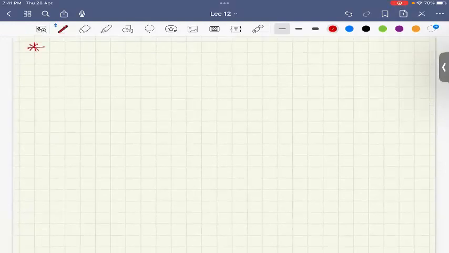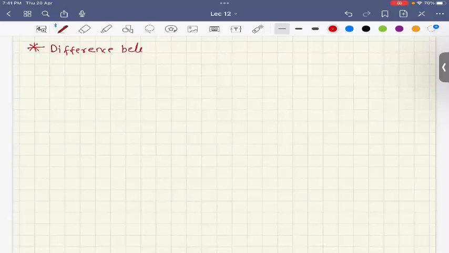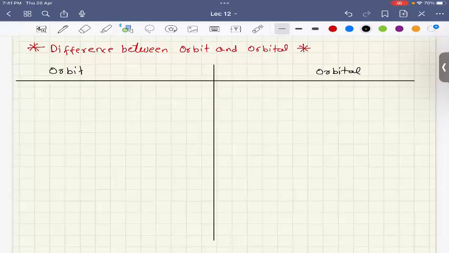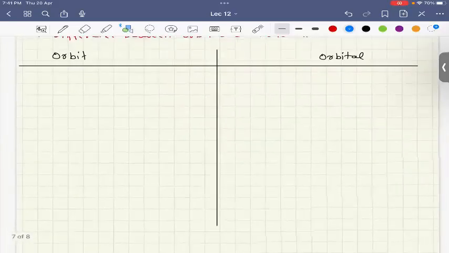The next topic is the difference between orbit and orbital, right? So just write this down. This portion we are going to write about orbit, and this portion orbital. This is like this. Okay. The first point is